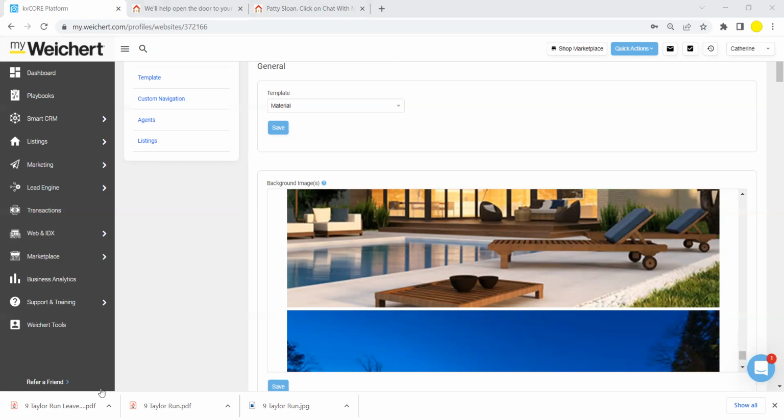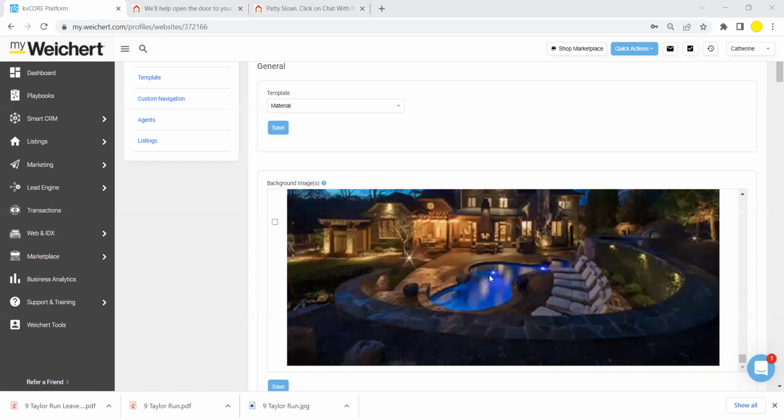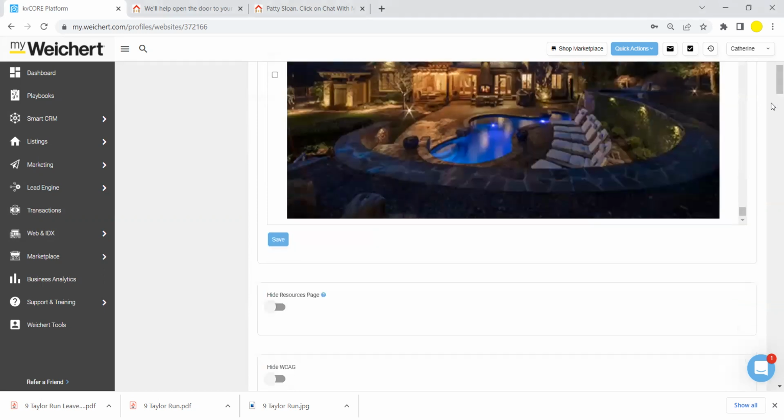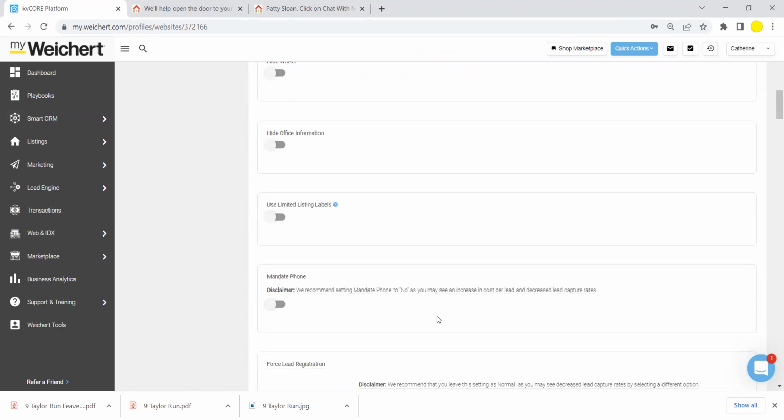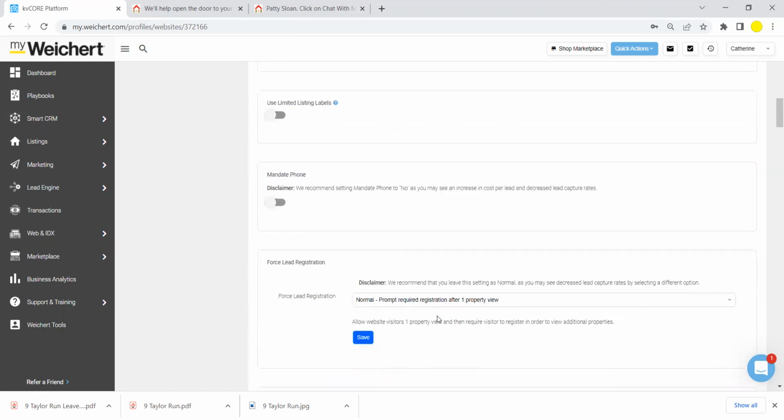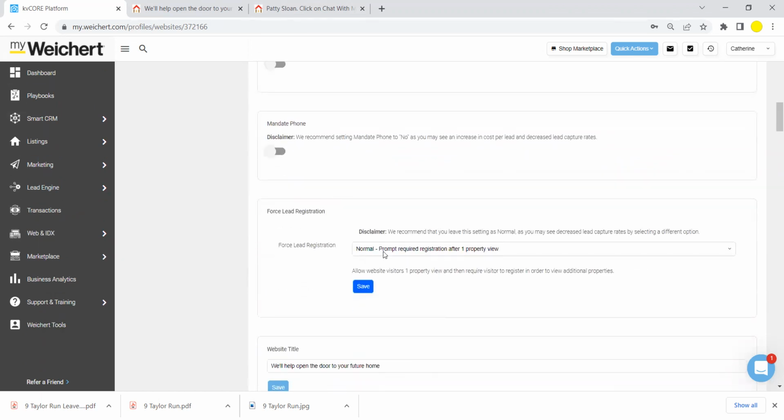Sorry about that. So you're going to scroll down and you're going to hit the save button right here under the last picture. That's going to save all those pictures to scroll through your website background. Okay, the next couple of things we don't do anything with. They're set up for a reason. But down here now, see this